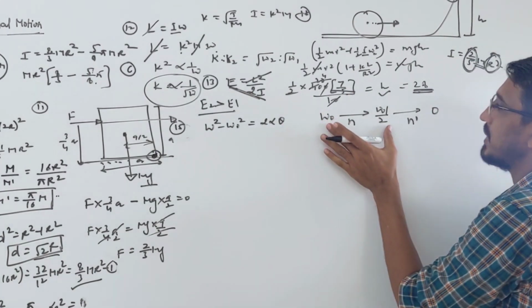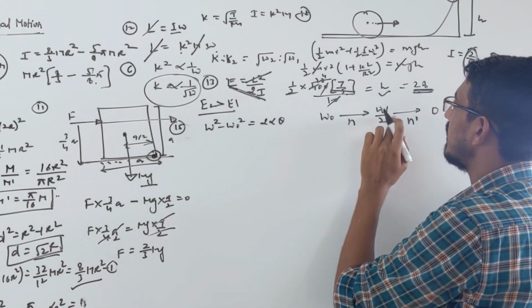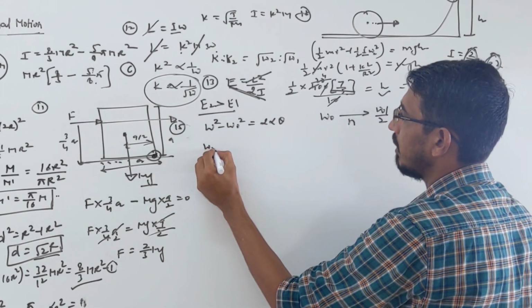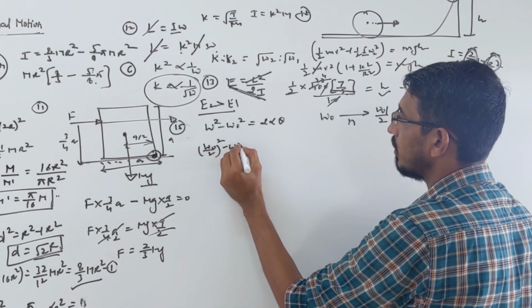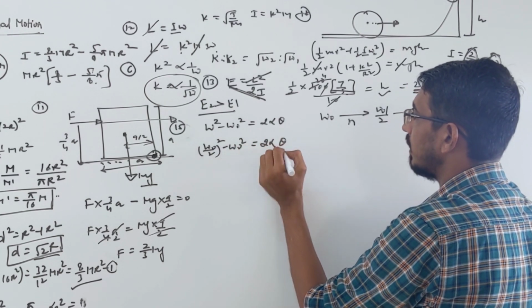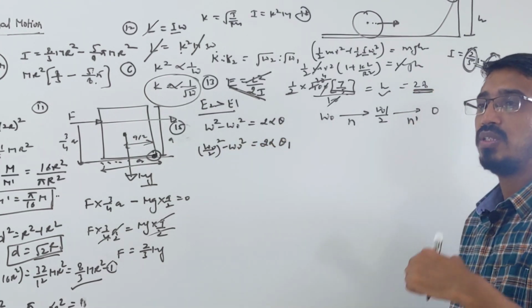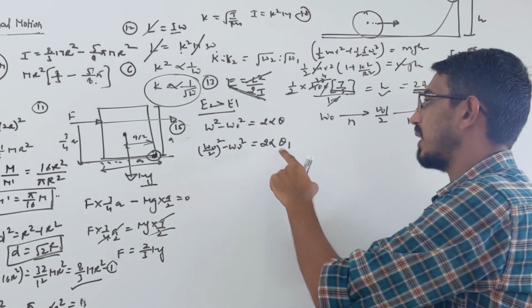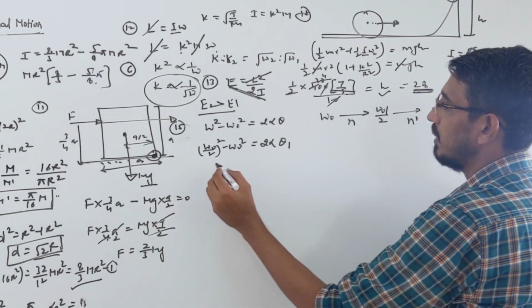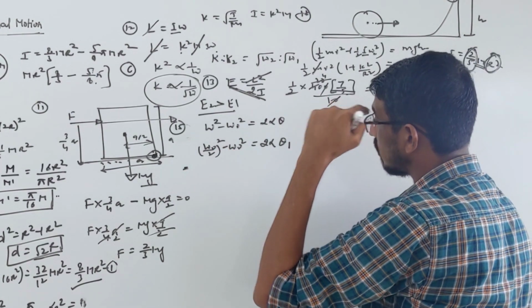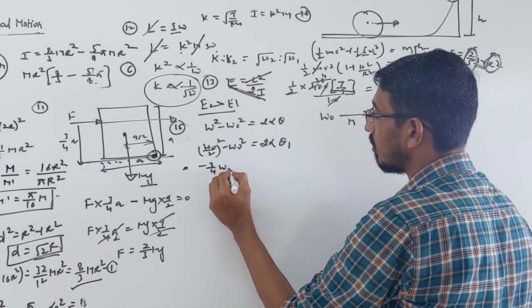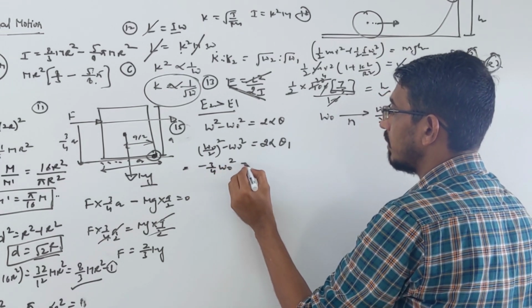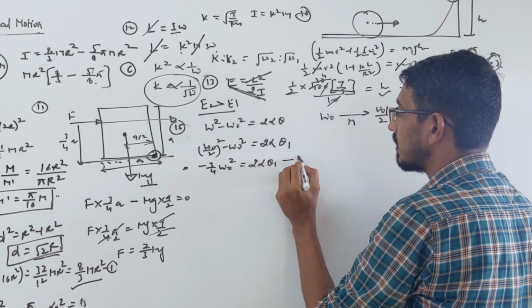So let's write the first case here, initial velocity is omega naught and final is given as omega naught by 2. So you put here omega naught by 2 square minus omega naught square equals 2 alpha into theta. So let's call it theta 1. And they said constant torque applied means your alpha will be constant. So this is your first equation. So this becomes 1 by 4 minus omega naught becomes minus 3 by 4 omega naught square equals 2 alpha into theta 1. Let's call it equation 1.